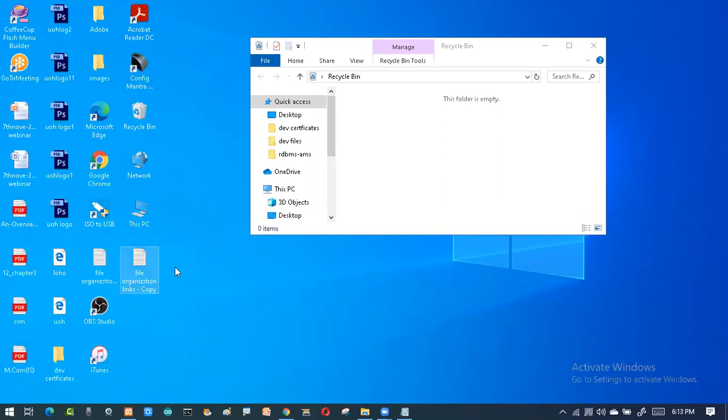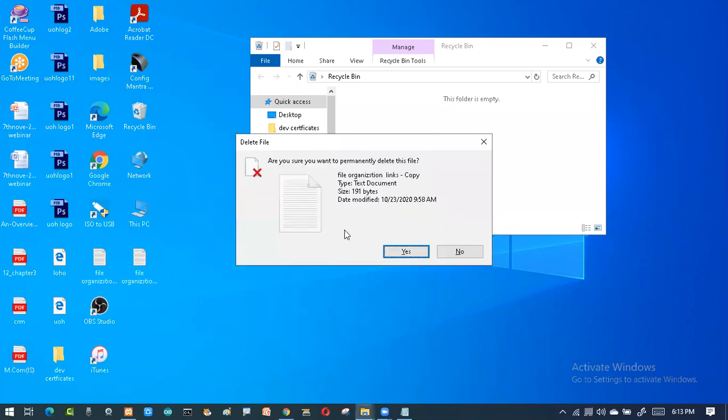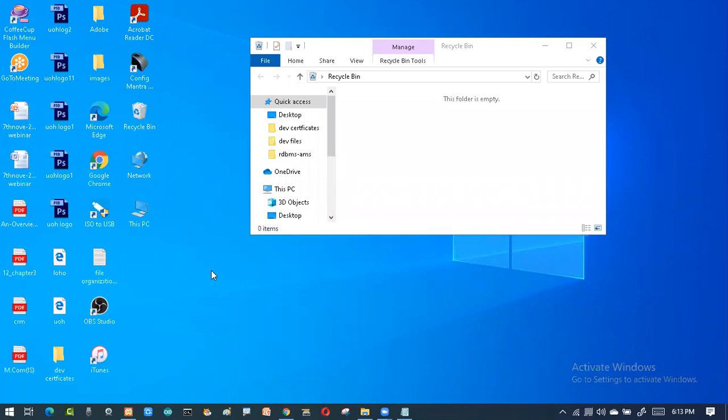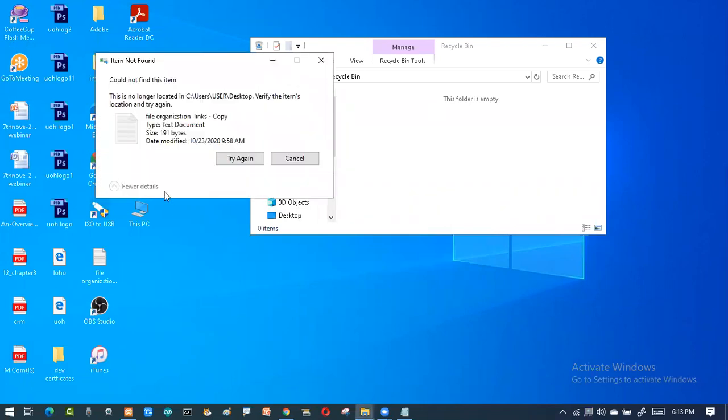So I want to delete this permanently. You can see here, I delete the record permanently. Now even if you say control Z, I cannot get it back, because it's nowhere related.